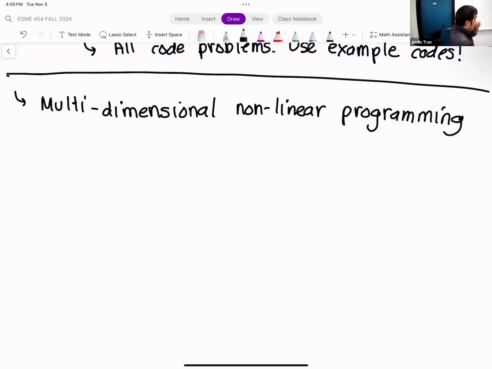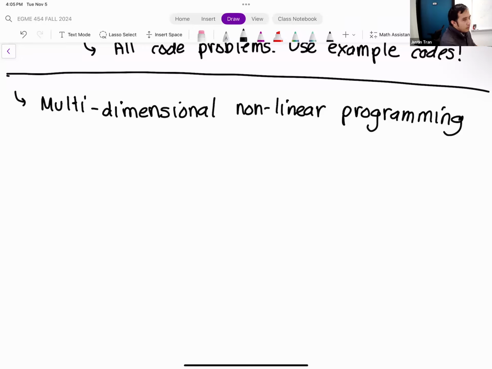And so it's a very, very fancy title, very fancy name. But we can break this down and figure out what it means, right? So the multidimensional part, pretty straightforward. All that really means is that we're working on optimization problems with multiple design variables. Okay. So everything we did the last couple of weeks have just been one-dimensional methods. Now we're doing multidimensional.